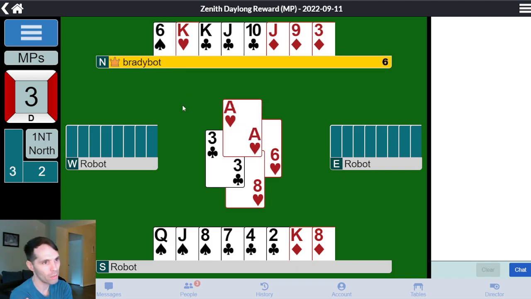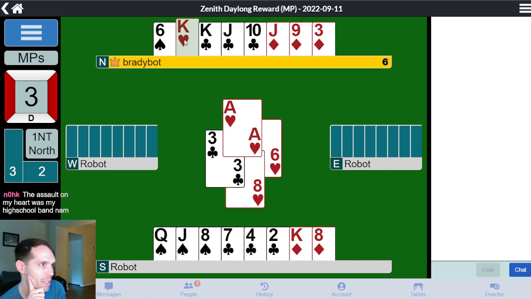Okay, so we still have a lot of possibilities for getting some extra tricks here. I think I should cash the king of hearts. No guarantee that we ever get back there. And we could, for example,